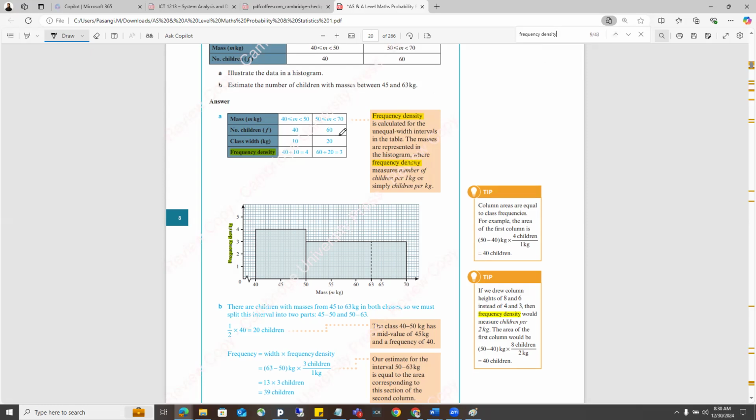Number of children 60. Then if the class width is twice that, to go from 20 to 60, divided by this one, then the frequency density comes. That's about the frequency densities. Now, how are we going to calculate the mean? To calculate the mean, do we need the number of staff? The number of staff in 2F will be equal to this. Then the total frequencies would be,